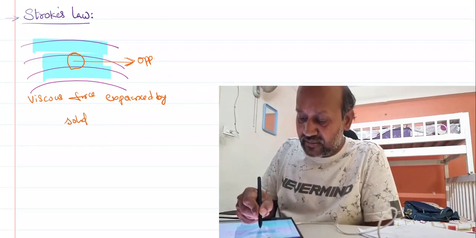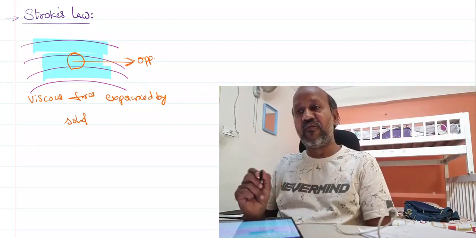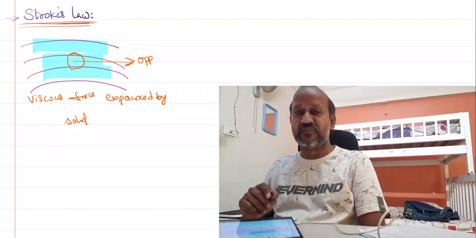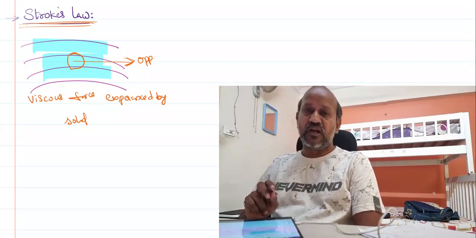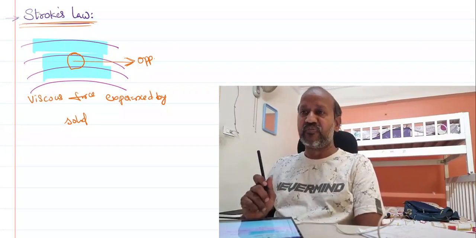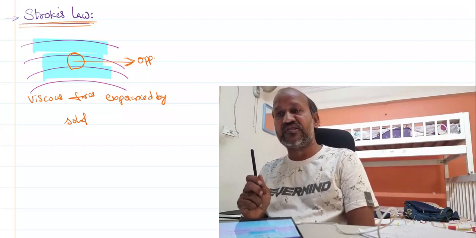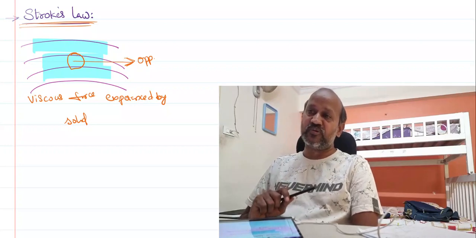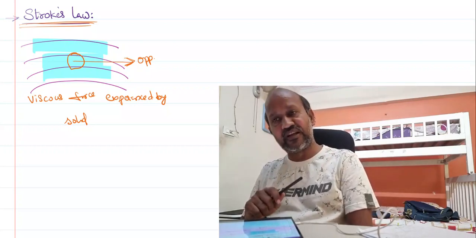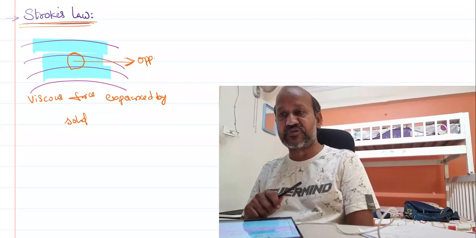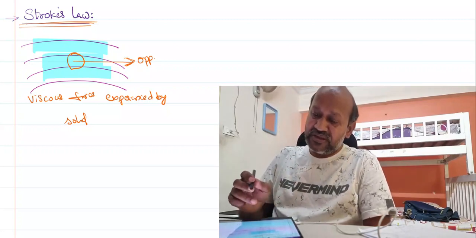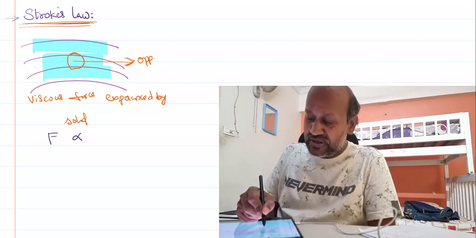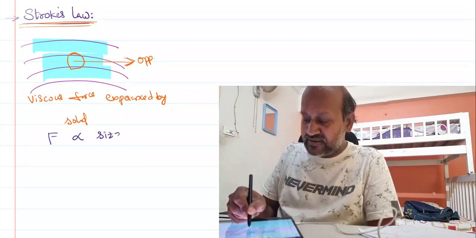while it is moving in a fluid is identified with a law called Stokes law. So let me repeat: Stokes law tells you how much viscous force is experienced by a solid while it is moving in a fluid, where the fluid has some viscosity. It is experimentally observed that the solid experiences a viscous force that depends on things like the size of that solid,